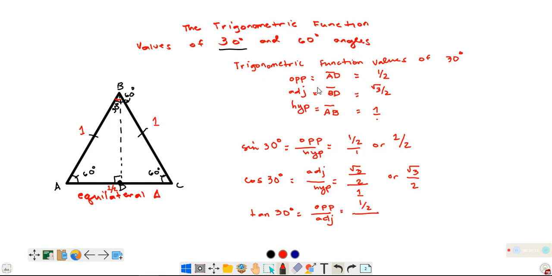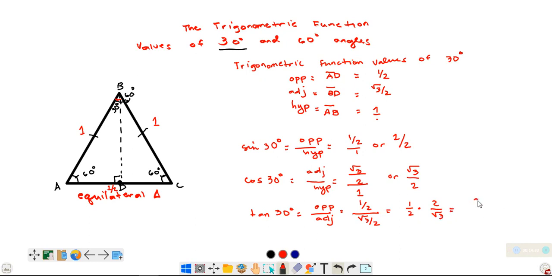Divided by the adjacent, which is square root of 3 over 2. Or, equal din siya sa, pag magdi-divide tayo ng fraction, we actually multiply it by the reciprocal of the divisor. So, ang reciprocal ng square root of 3 over 2 ay 2 over the square root of 3,